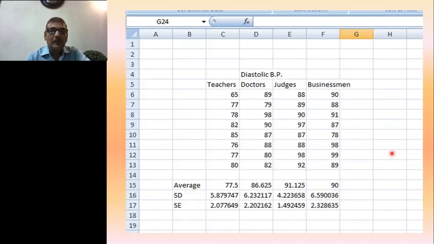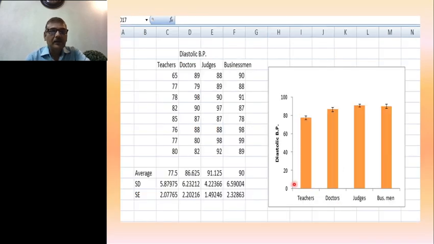And based on this data, you can calculate the average values. Their standard error values can also be calculated through Excel sheet. And then exactly the same thing you can depict with the help of these bar diagrams, and the lines on the upper side show the standard error bars, that is how much variation or standard error exists, and we find that there is little difference.